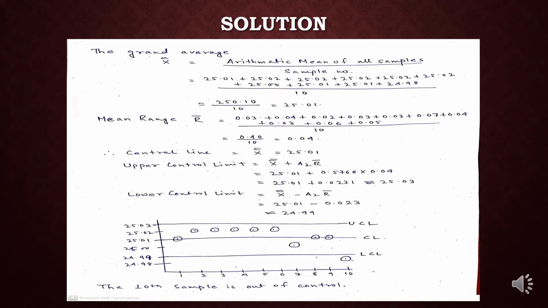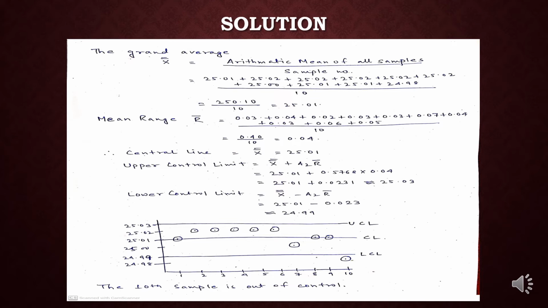Now moving on to the calculation part. As I was saying, we have three lines here: the central line, the upper control limit, and the lower control limit. The central line is the x double bar, already calculated at 25.01. The upper control limit is x double bar plus A2 R bar. The value of A2 has already been given to us as 0.5768; you can find it in the sum itself. Multiplying it with the R bar, we get the value at